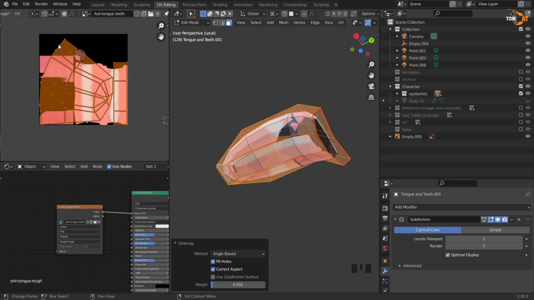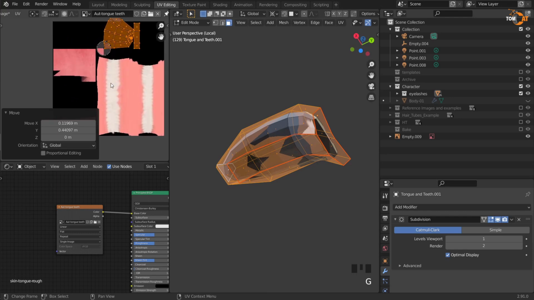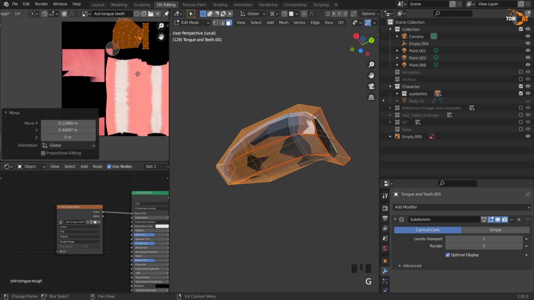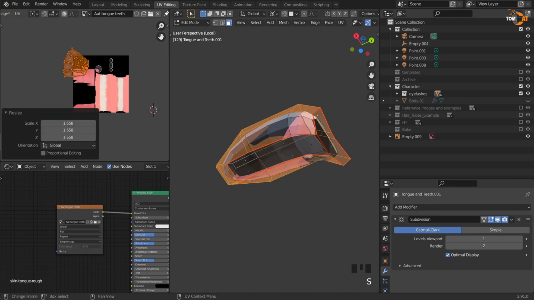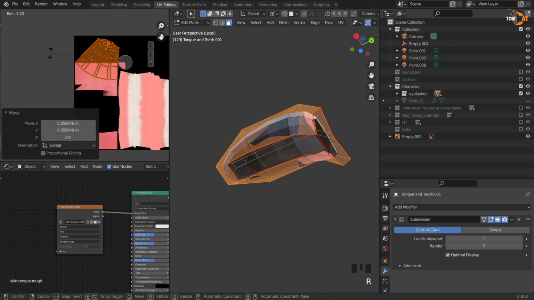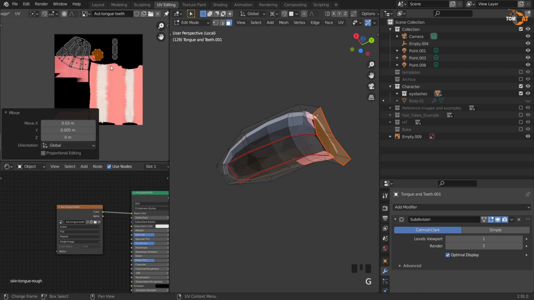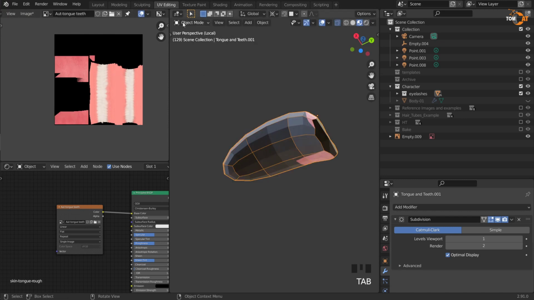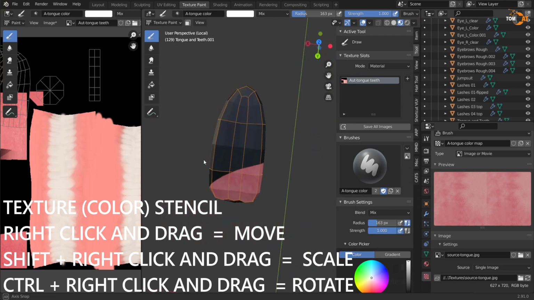Okay, so this is our current map, and you can see the teeth are there, so we don't want to mess with the teeth. So let's move this tongue map so it's not overlapping the teeth. So this is not a great layout here, but it should be fine. Okay, so let's go back to our texture paint workspace, lay out our tongue here,